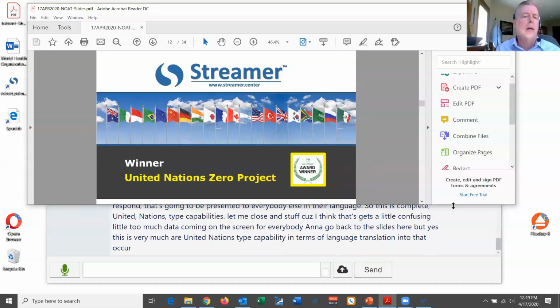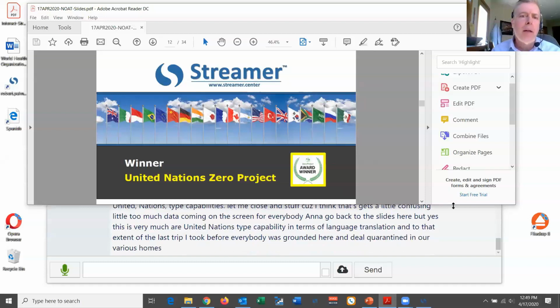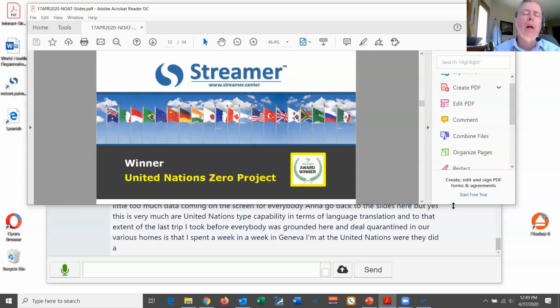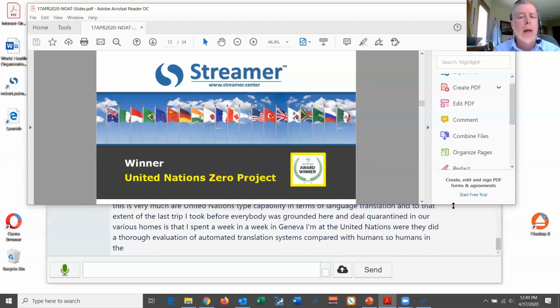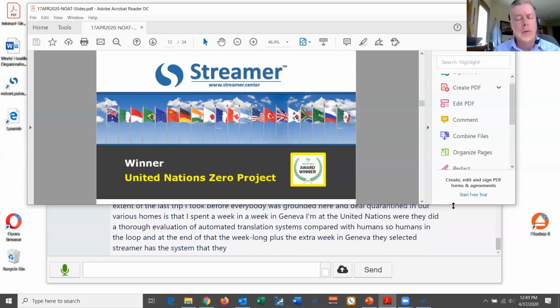And to that extent, the last trip I took before everybody was grounded here and quarantined in our various homes, is that I spent a week in Vienna and then a week in Geneva at the United Nations, where they did a thorough evaluation of automated translation systems compared with humans, so humans in the loop. And at the end of that week plus the extra week in Geneva, they selected Streamer as the system that they are from now on going to be using for their conference proceedings.